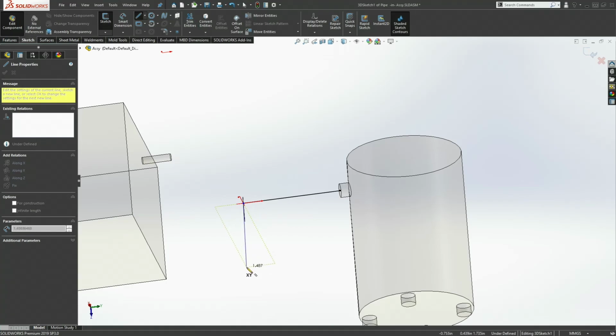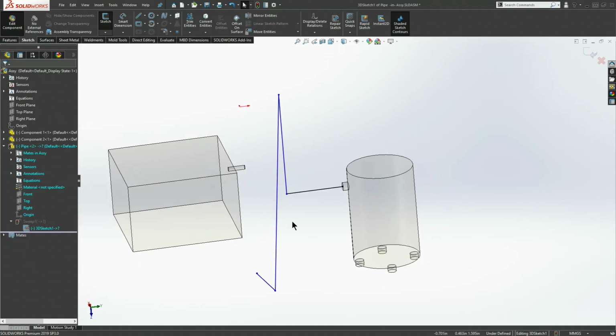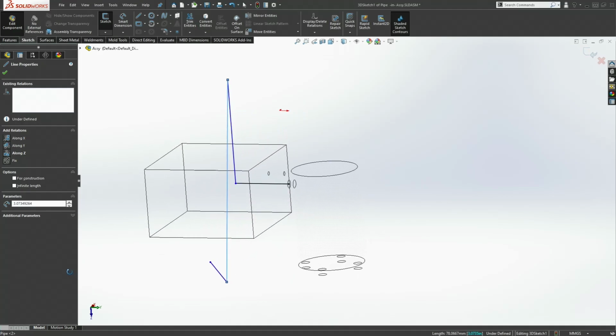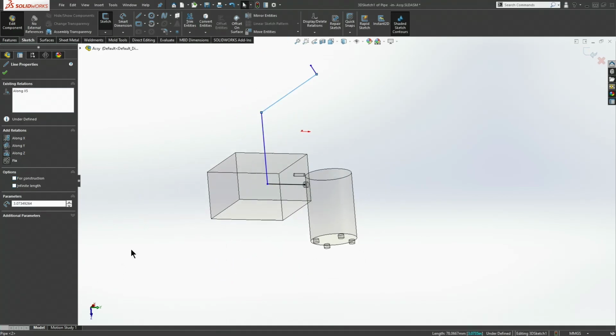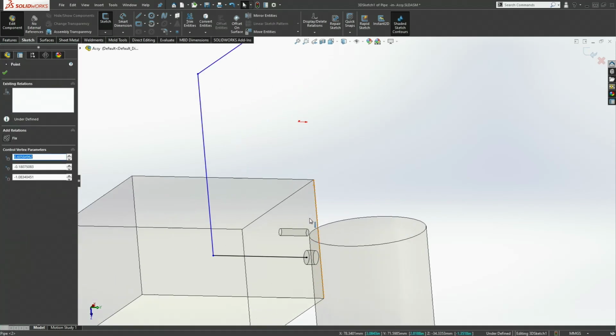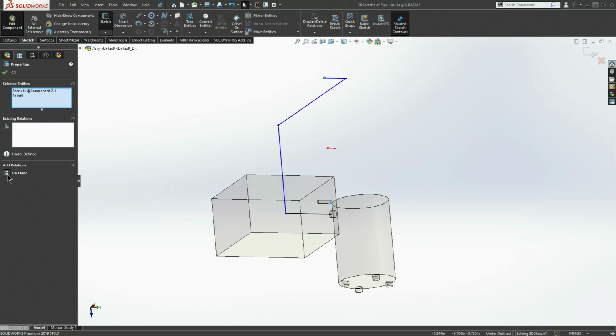Let's go straight down, right down the z-axis, there and there, and we just have to constrain that now to make sure that we are along z. Our next line will be along x, and you just look at the origin for what you need to do, and then this one will be along y. So we're going to take the point of our line and make it on plane with our equipment